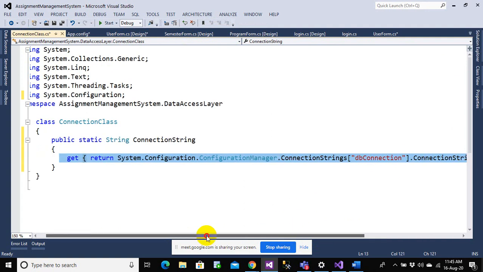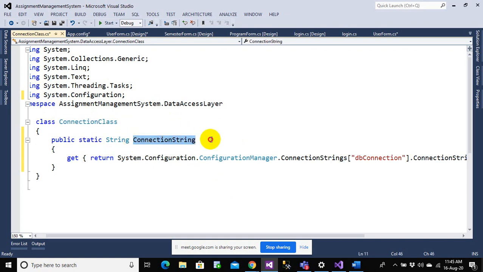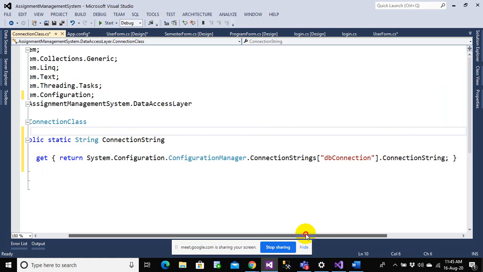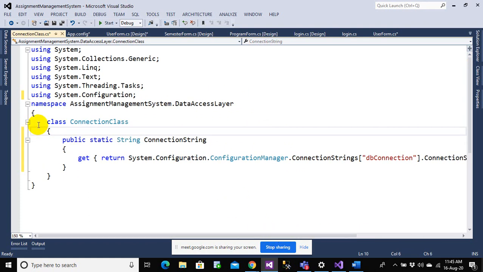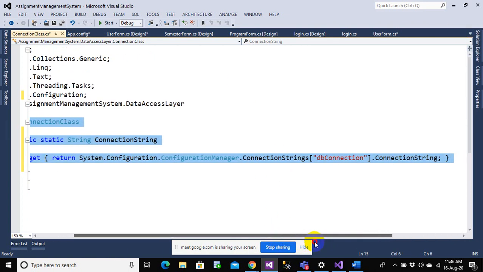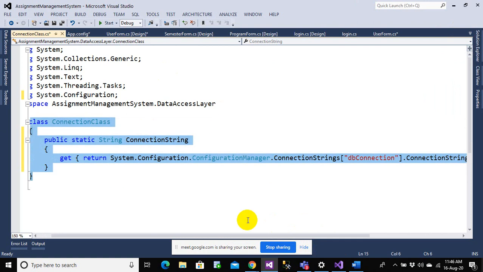Now I can access this connection string everywhere. Instead of remembering my connection string, I can simply do connection class.connection string. So let's see how we can do that now. Once I have set up my connection string, I hope this is not too confusing for the first time, but do practice it, and once you practice this, you will come to know how it is to be done. If you do not get it, I will get back to you individually, but this is simply a one-time job. Once you do it, you do not have to repeat it again. So just practice it, everyone, because this is a very constant type of work.